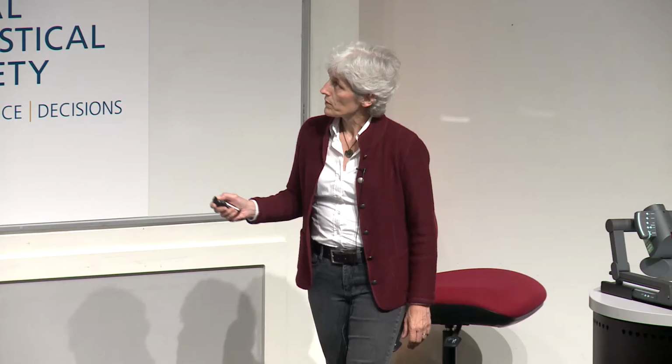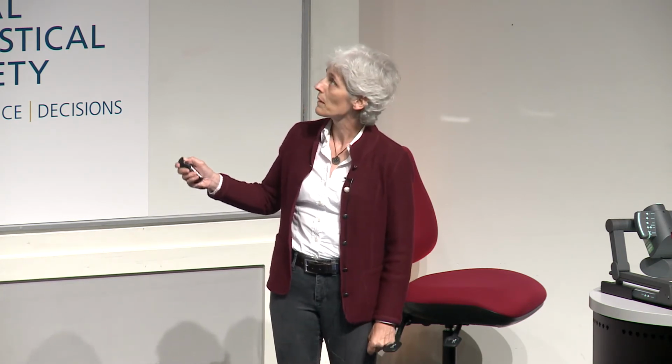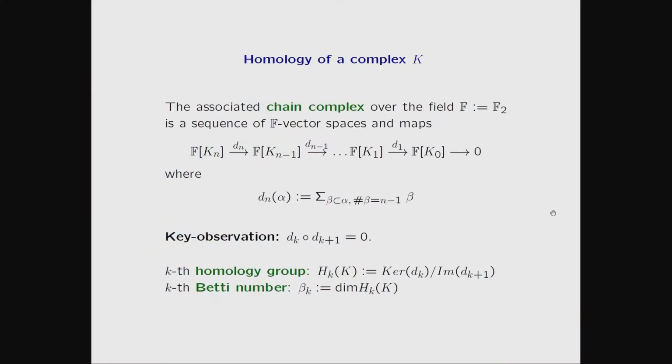And then here's the key observation, namely, if I take the boundary of a boundary, so two of these maps, one after the other, then I actually get 0. And this allows me now to consider the homology. The homology is the kernel, everything that goes to 0 of dk plus, divided out by the image of the previous map. And if you just want a numerical invariant, this is the Betti number, which is the dimension